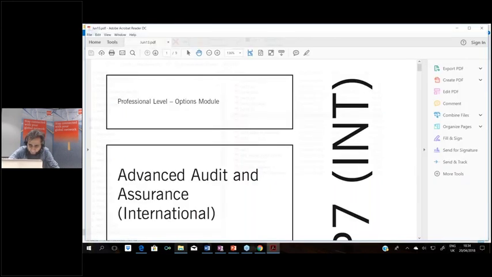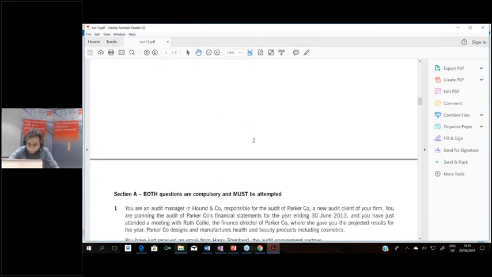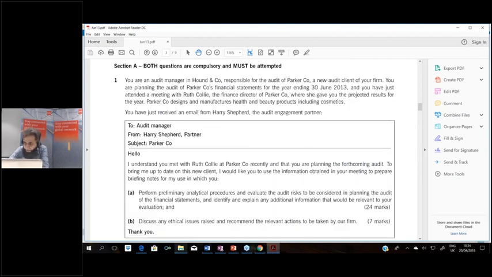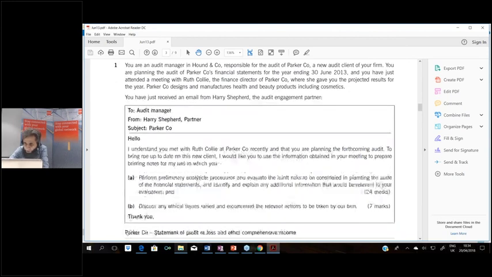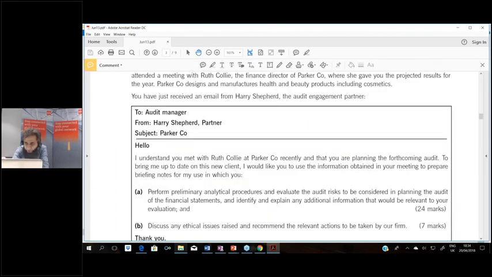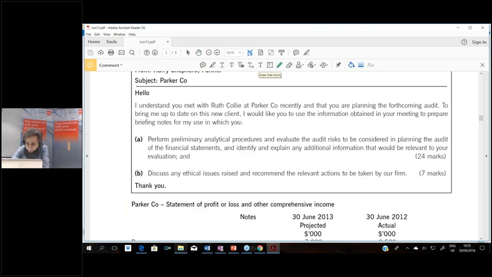I think this illustration will make you better. See this question we did on the first day, risk. Can you see in this question the examiner asking you to write additional information? Let me show you where that is. Basically, this is question 1 of the June 13 exams. See this additional information that would be relevant.